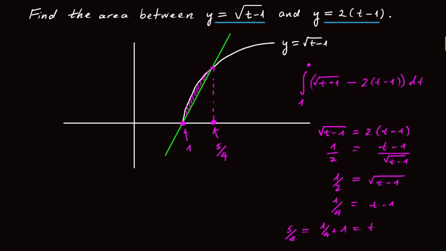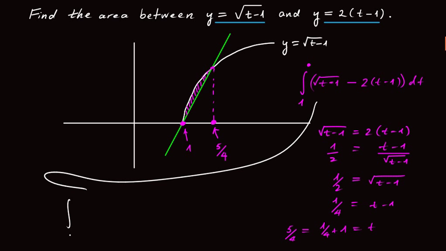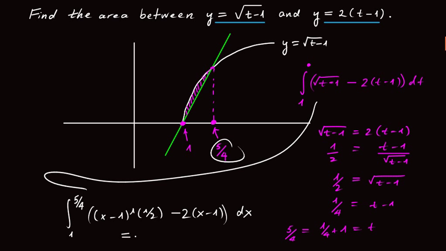Okay, so now I can apply my definite integral. What do I have? Well, for your calculator, you would write 1, and then 5/4 is the upper limit. That's what we found here. And then in the calculator, you would probably write something like this: x minus 1 to the 1/2, minus 2 times x minus 1, and then you'd have a dx. Okay, so this would be the expression you put in your calculator, and when you do, what you should get out is